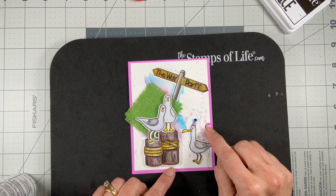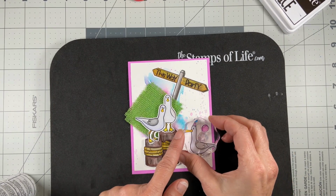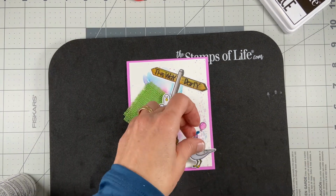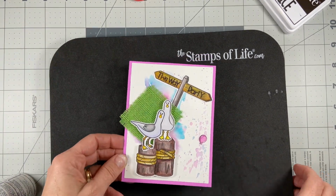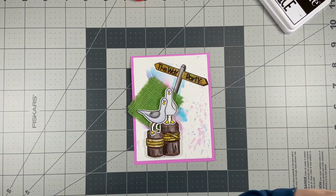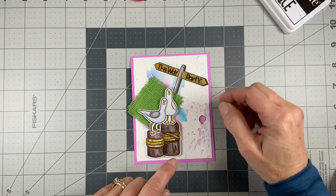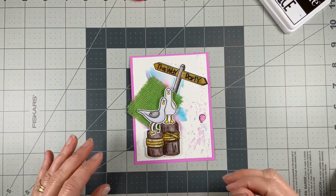And so here I'm positioning. And I'm deciding that I want to put a string. The stamp set comes with a little tiny string, and I thought it'd be cute to add that on, but I shouldn't have done that. You'll see here in a minute why. So I glue the balloon down,